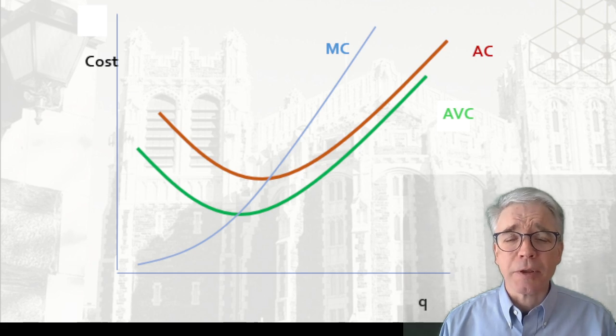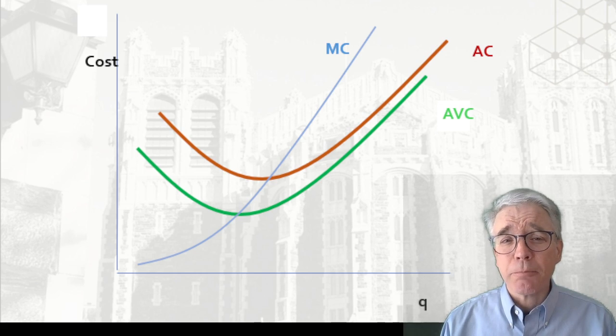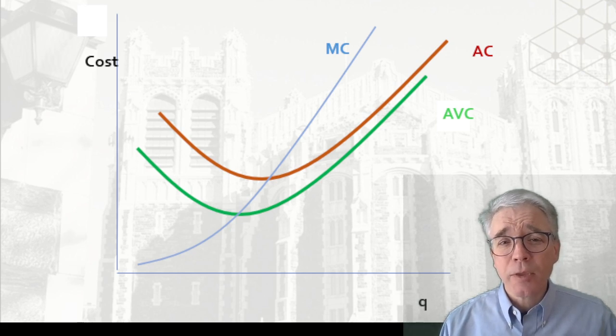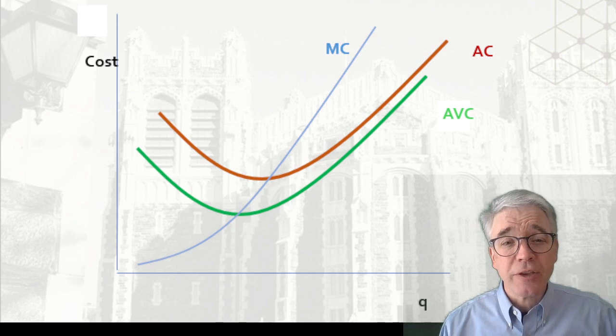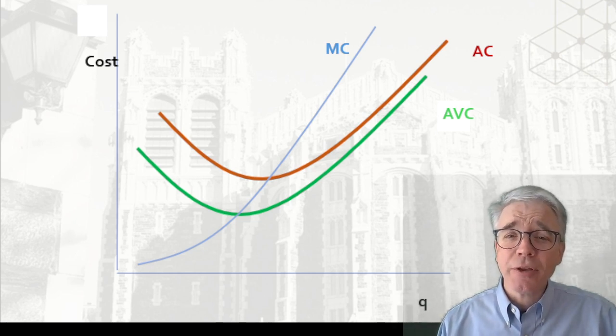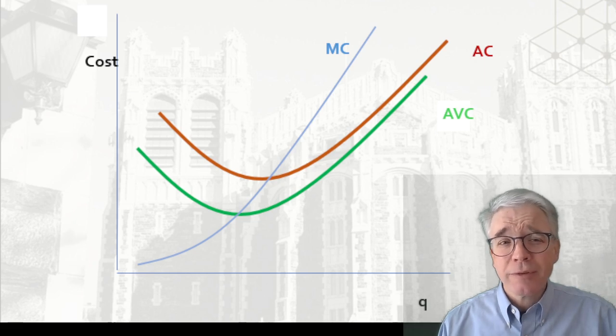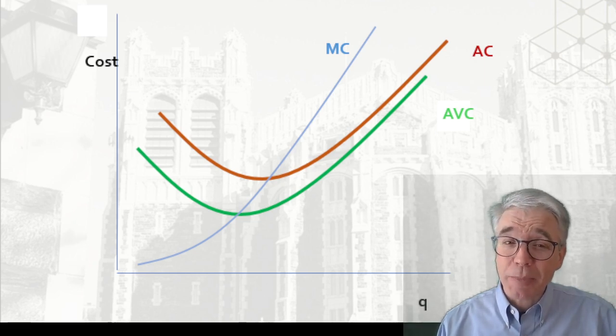So this will look something like this graph here. Here we see that both average cost and average variable costs start high, decline down to a minimum, and then rise again. Note the relationship between each average and marginal. Wherever the marginal cost is below the average, the average is declining. Wherever the marginal cost is above the average, it is increasing, which is, of course, a perfectly obvious mathematical fact.